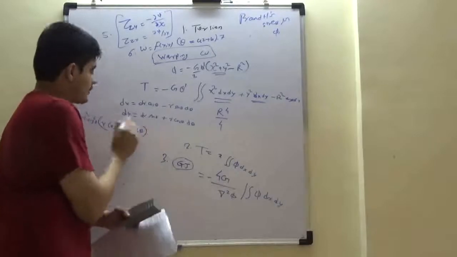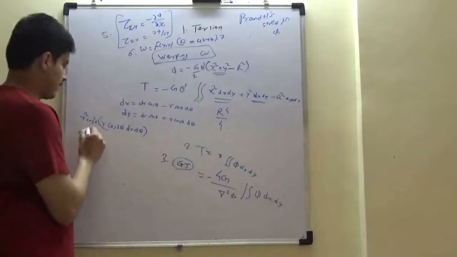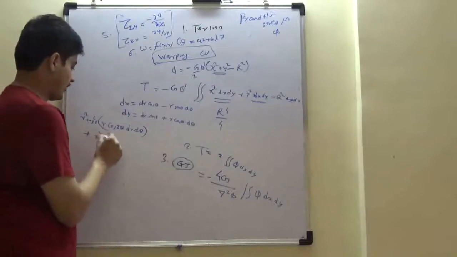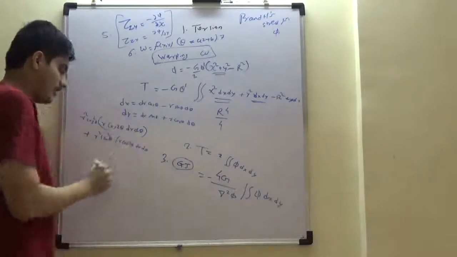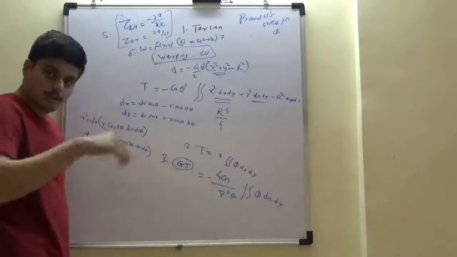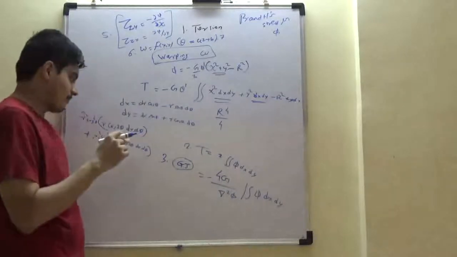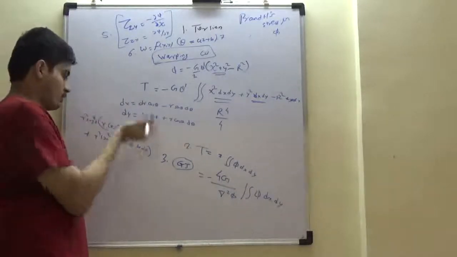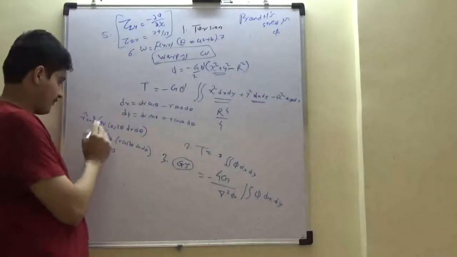So dx dy is dr d theta, plus r square sin square theta r cos 2 theta dr d theta. I can now separate these two because dr is going from 0 to r, theta from minus pi to plus pi, right? Polar coordinates, or 0 to 360 degrees. So what I am getting is r cube